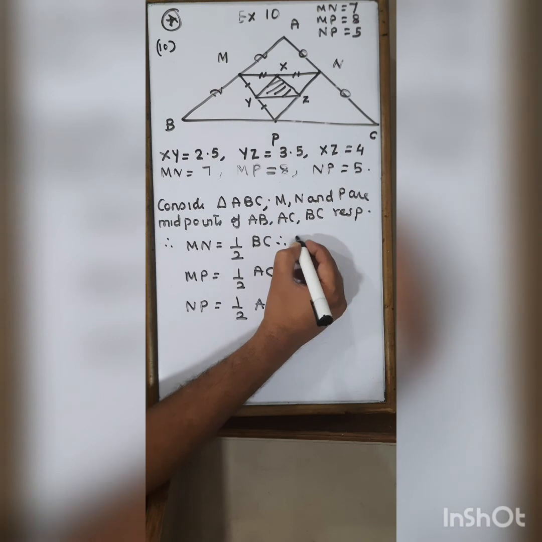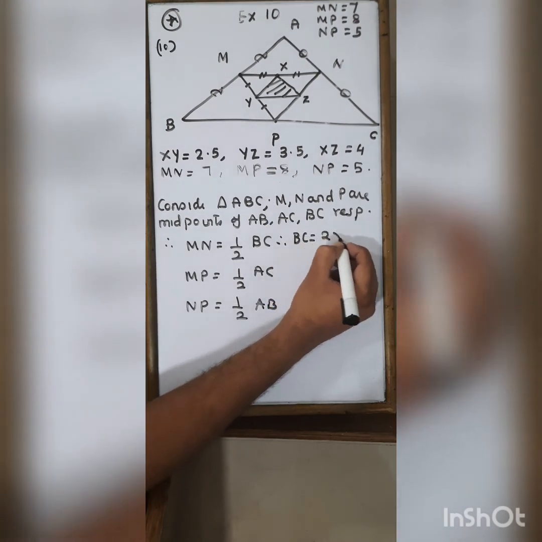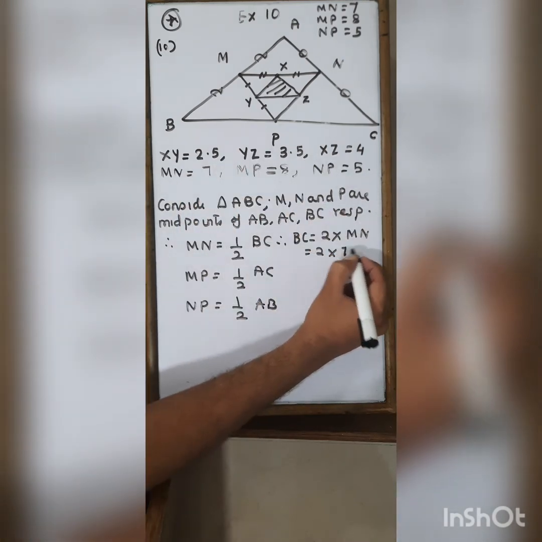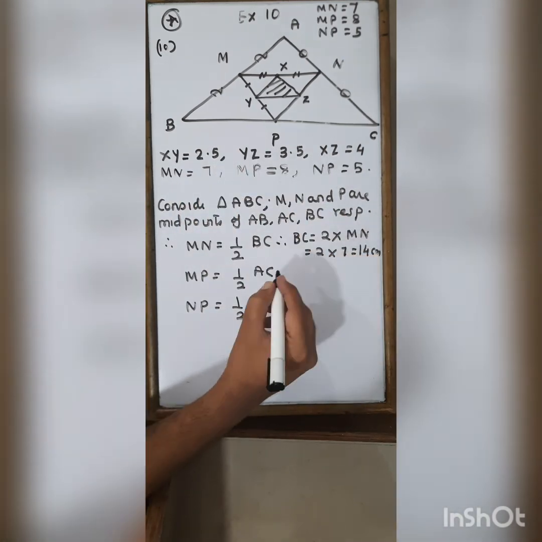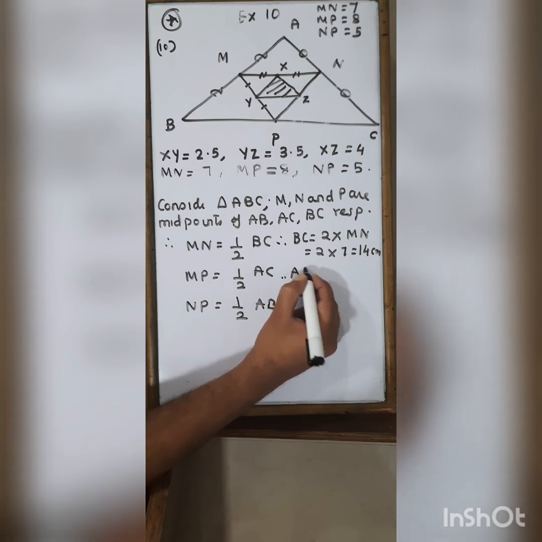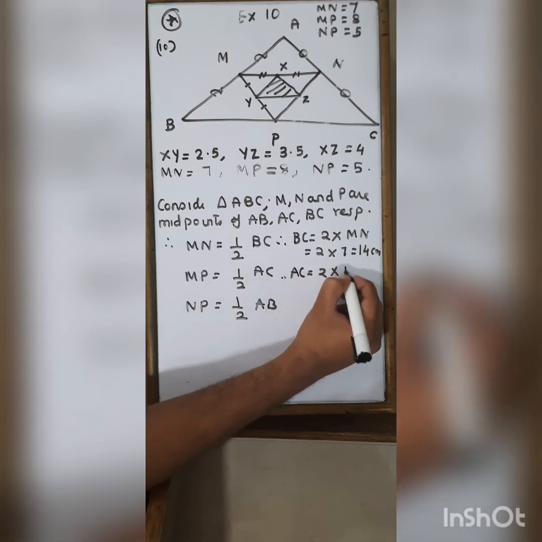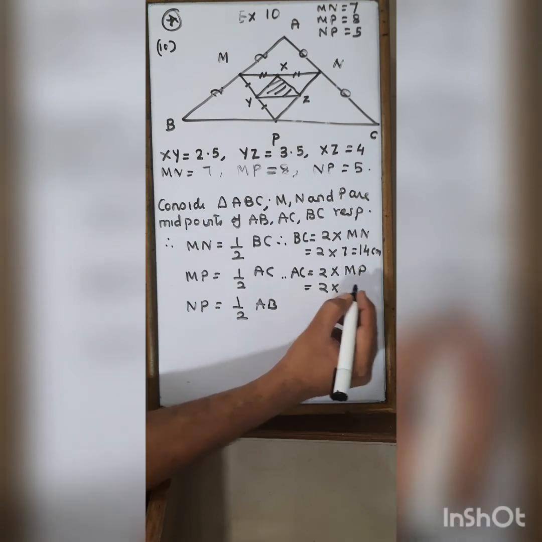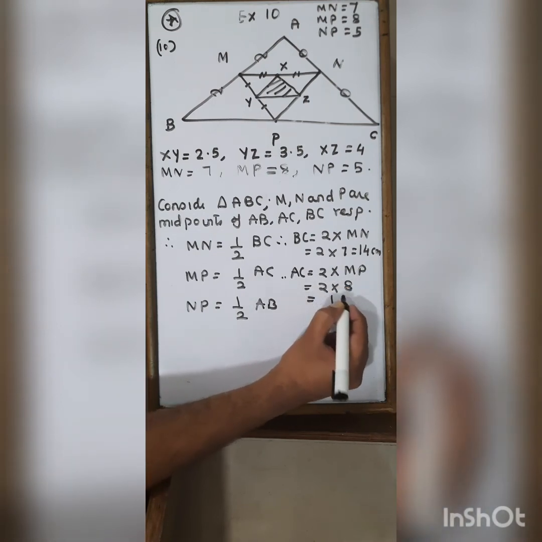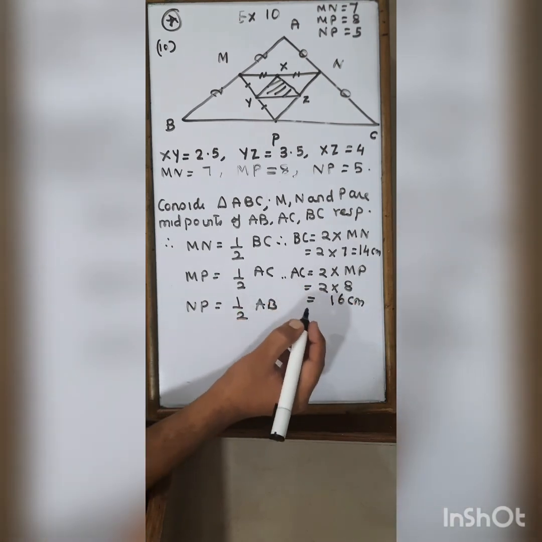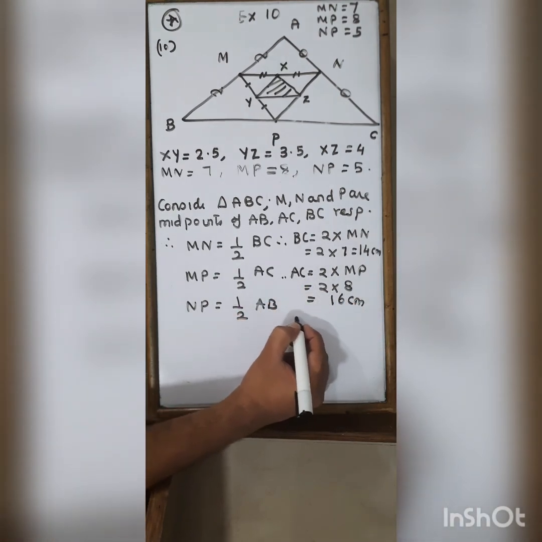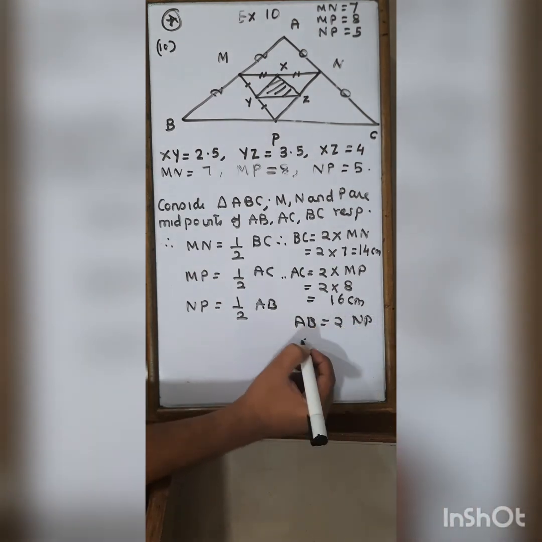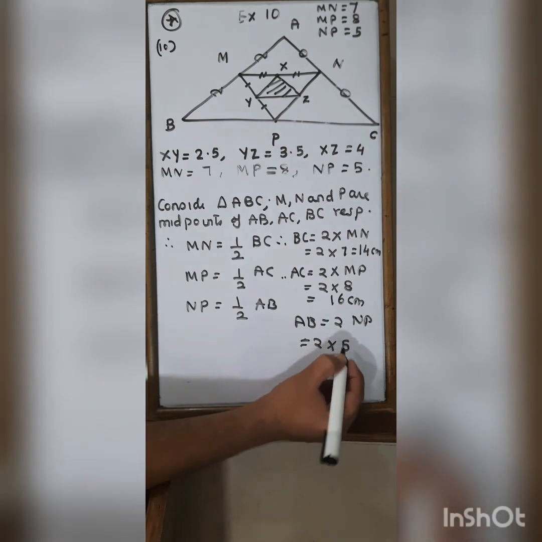So therefore, BC is equal to twice into MN, which is twice into 7, which is equal to 14 centimeter. I have AC is equal to twice into MP, which is twice into 8, so this is equal to 16 centimeter. Last is my NP. So AB is equal to twice of NP. So this is equal to twice into 5, so it is equal to